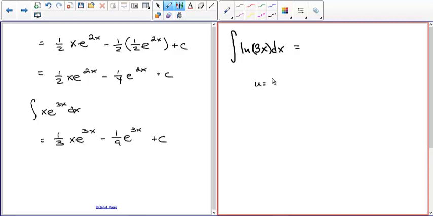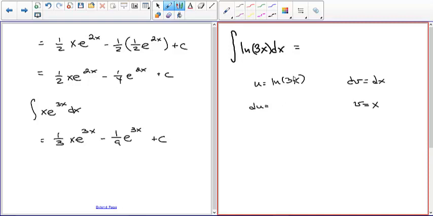You'd say u is the natural log of 3x, and dv would be equal to dx. So when you take the derivative here, obviously this one's easy, the integral of dx is x. So when you take the derivative,